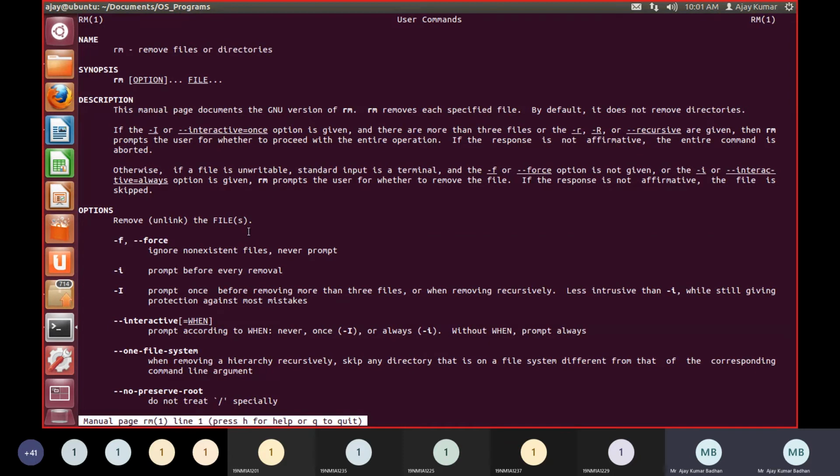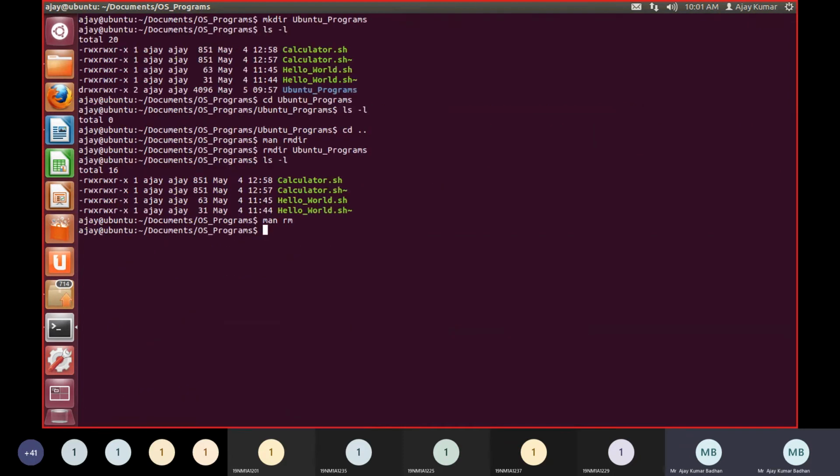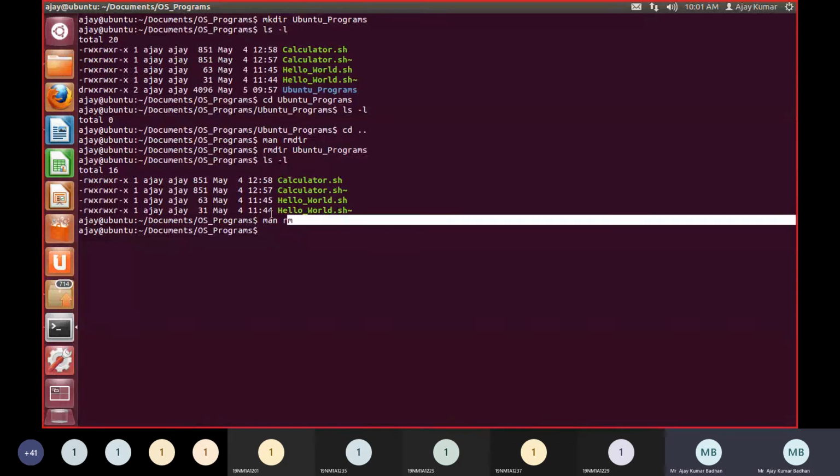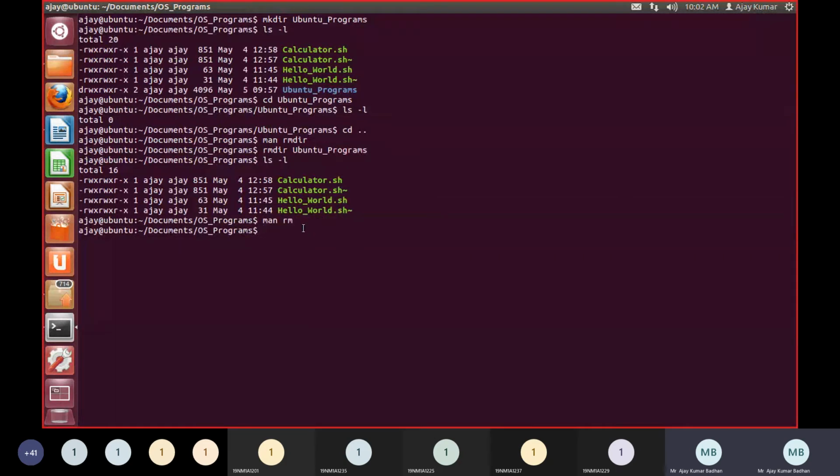I don't want to delete these files because we require them, so I'm not going to delete them. Just understand: rm space the name of the directory, like ubuntu programs. Within that I can create another folder, and you can delete the entire folders together using the rm command. That is what it means. I hope it's very clear till here.